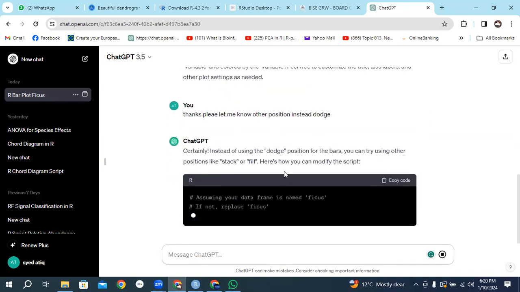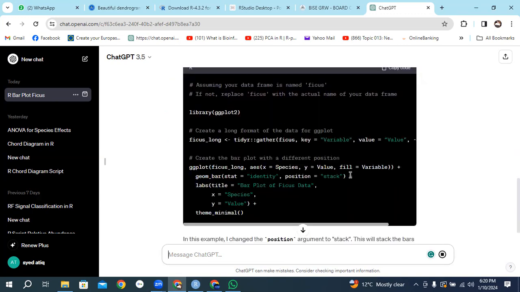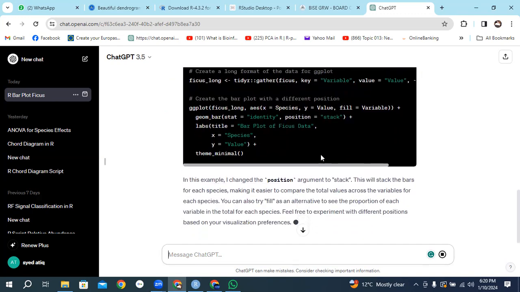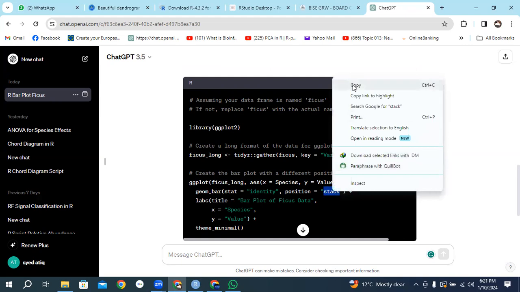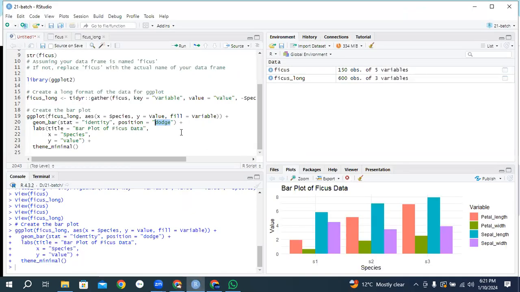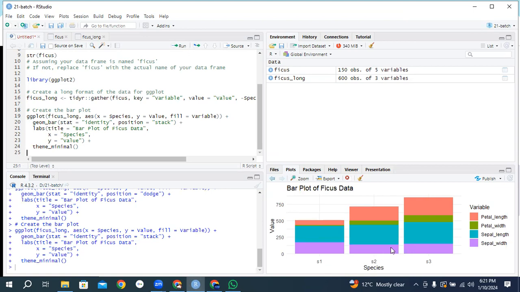Certainly, instead of using the dodge position for the bar, you can try using other positions like stack or fill. Here, you can modify the script. We also modified our script. You just copy the word stack and paste it in R. Now you can check our plot is converted into stack. It looks like this. So if we need other positions,